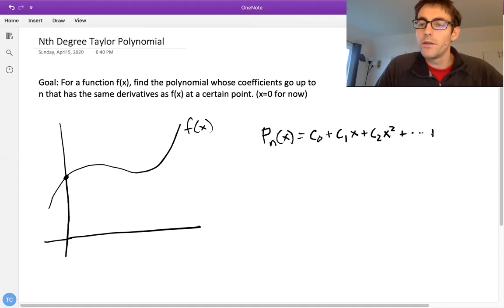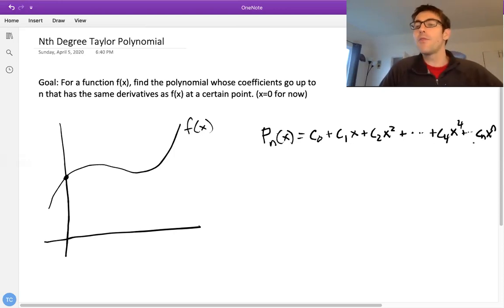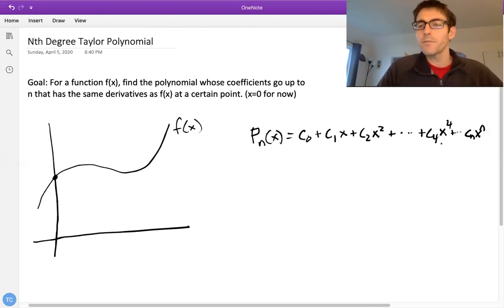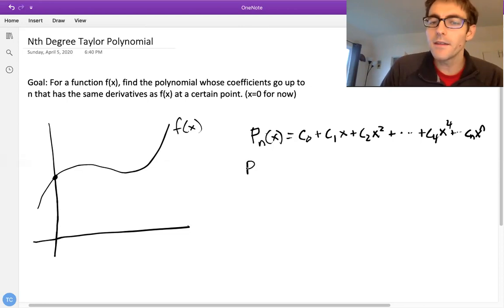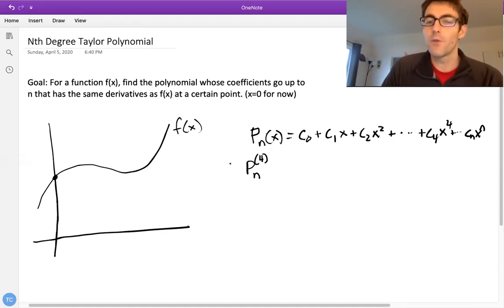And so I'm going to include the fourth term, because that's the term I want to work with here. But this goes up to cn x to the n. All right, so if this is the nth degree Taylor polynomial, then the terms go up to an x to the nth term. All right, and our goal is for the various derivatives of this function to match the derivatives of f of x. So if we wanted to find the fourth derivative, so rather than a prime, in theory, you could put 4 primes. You could also put parentheses 4. This means fourth derivative